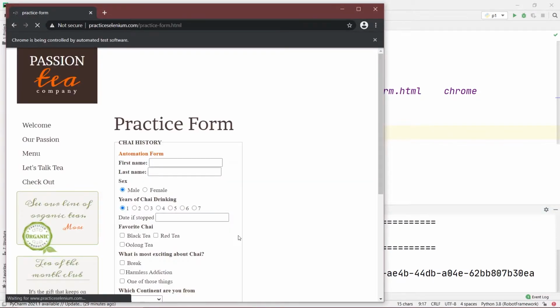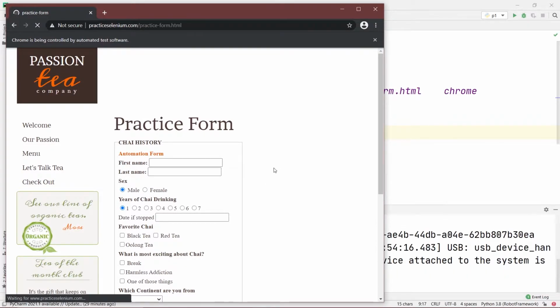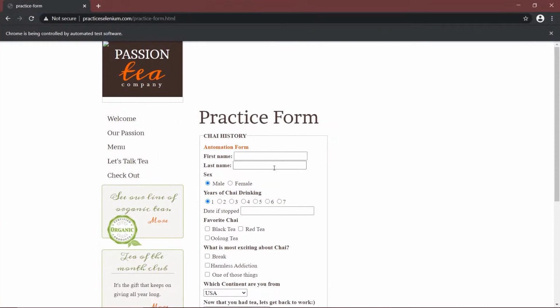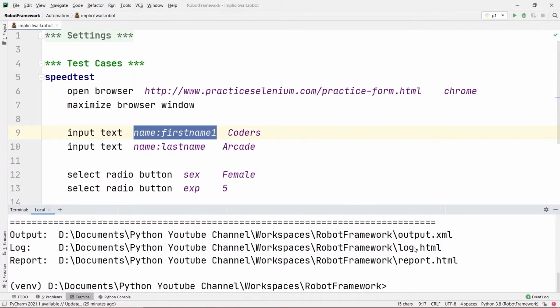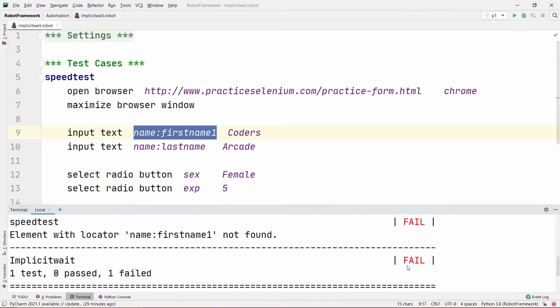Why should it fail? Because it won't be able to find the first name locator, as this locator is wrong. We changed the locator from first name to first name 1. So now our program has failed. As you can see, if I close this, it created log, output and report files, and the program failed: element with locator name first name 1 not found.